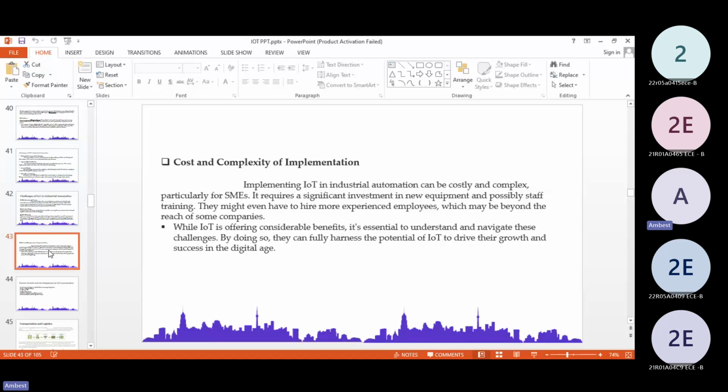By doing this, they can fully harness the potential of IoT to drive their growth and be successful in the digital age.